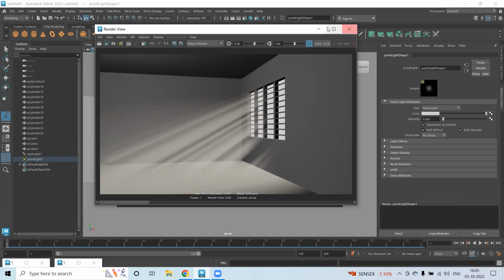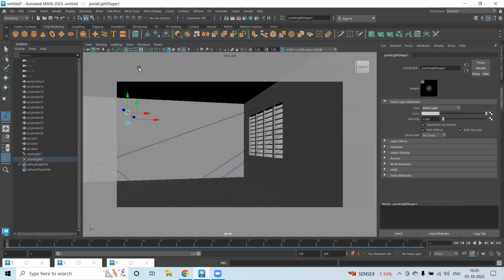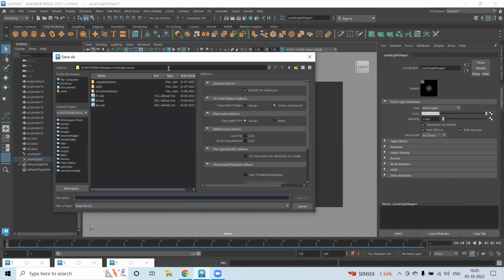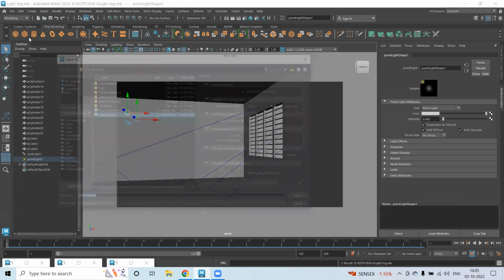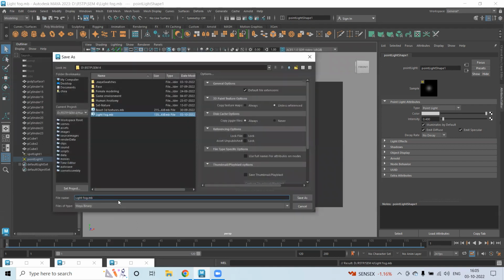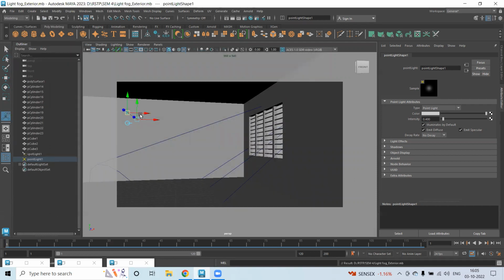So let's say this is an example for an interior part. What I'll do, I'll just save this as light fog. Now I'll save the scene as another one, light fog for exterior. So for exterior, what I'll do,